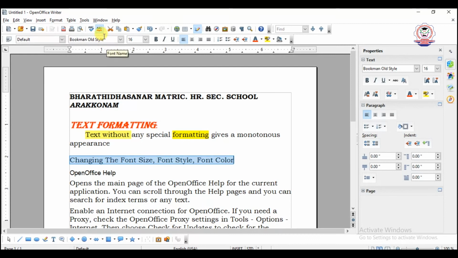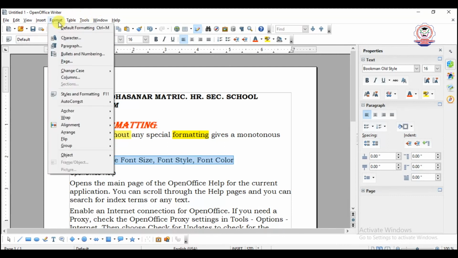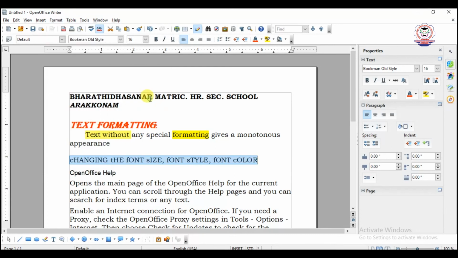And toggle case means the characters that are in caps should be changed to small, and the characters that are in small should be changed to capital. That is what we can see now. Format, Change Case, Toggle Case.